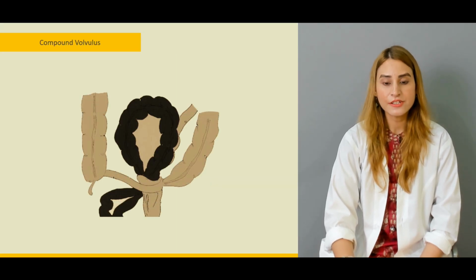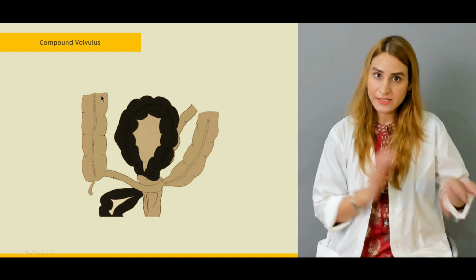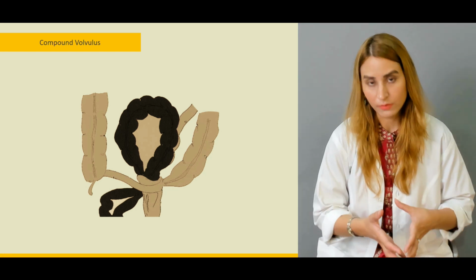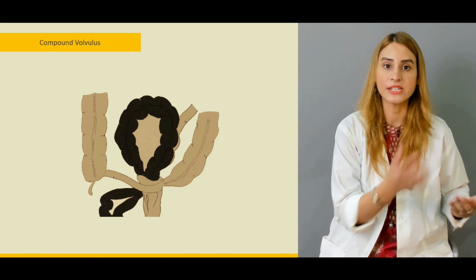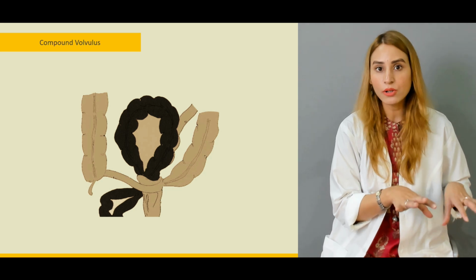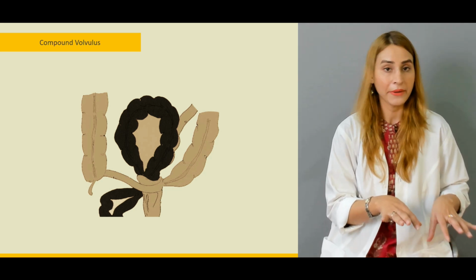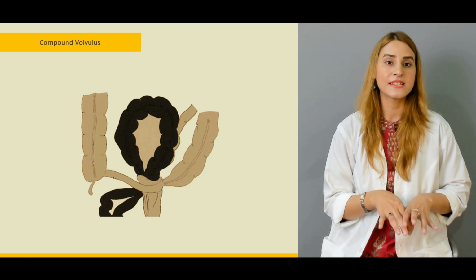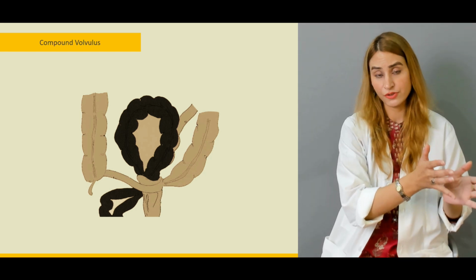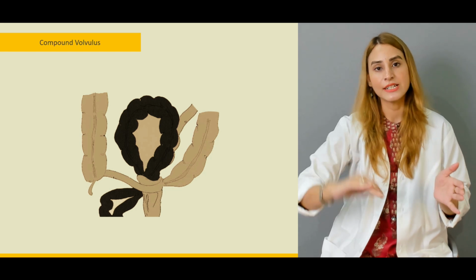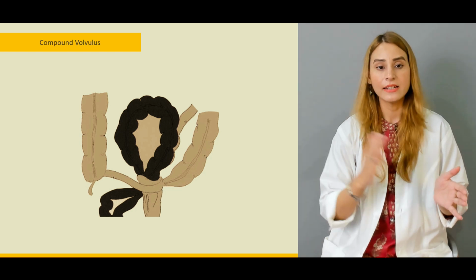And there's another condition which is called a compound volvulus. In sigmoid volvulus or a cecal volvulus or other types, the same segment is rotated upon itself. Like the sigmoid colon is rotated upon sigmoid colon, right? And the cecum is rotated upon cecum. But in compound volvulus, one portion of the intestine is rotating on the other portion, right? Like the